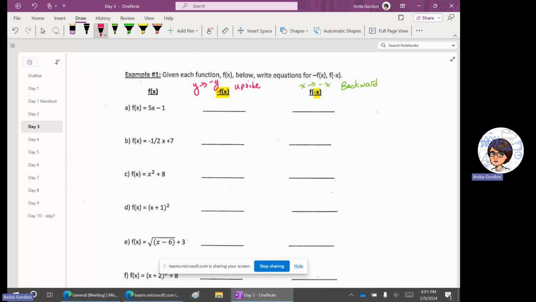Backward, upside down. Forgot the last word there. Okay, so let's see what that looks like. Here is my original function. If I want to flip it upside down, I'm replacing